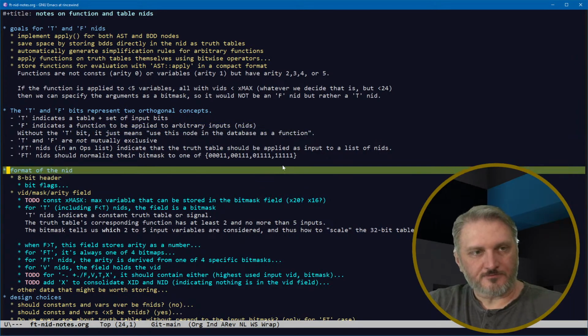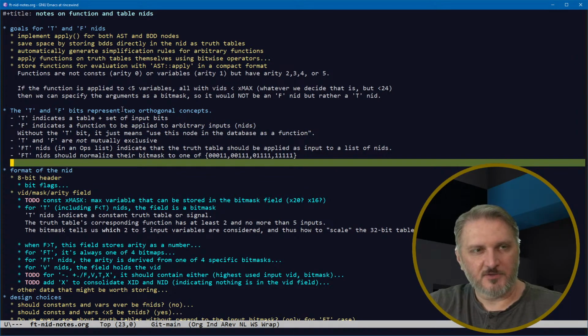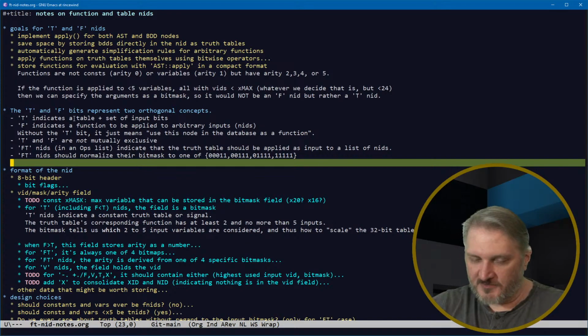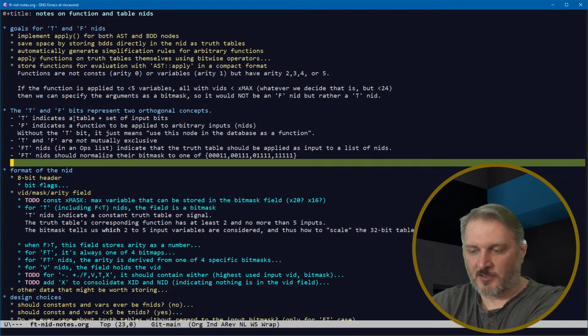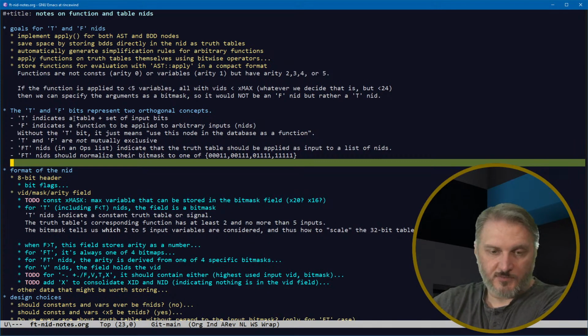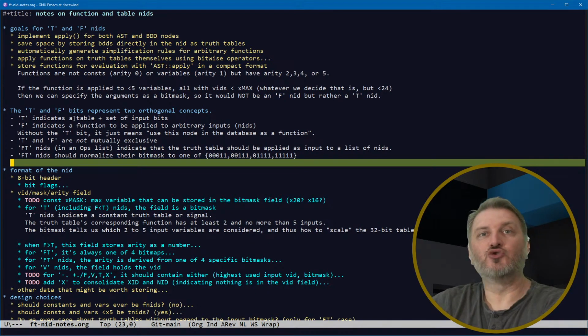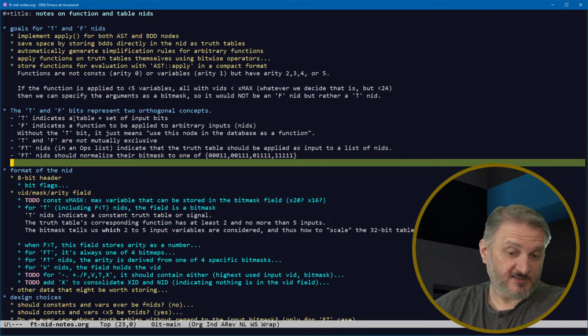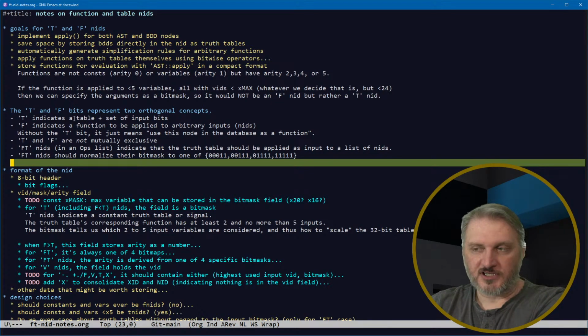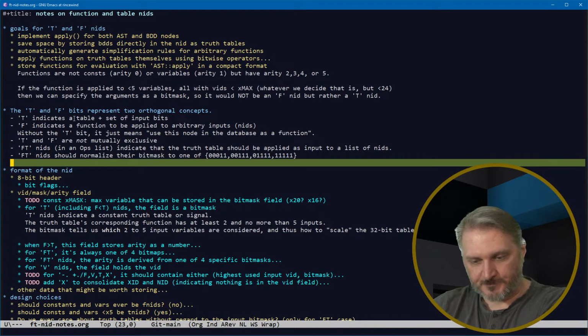So anyway, I think I've explained what T and F are. T is truth table, F is a function, and it's taking either a truth table or just an arbitrary node and applying it to inputs that you don't know yet. You don't know what the inputs are yet. And one thing you can do, though, is you can normalize the set of inputs, even the function itself. So if you're taking an expression and converting it into a function,